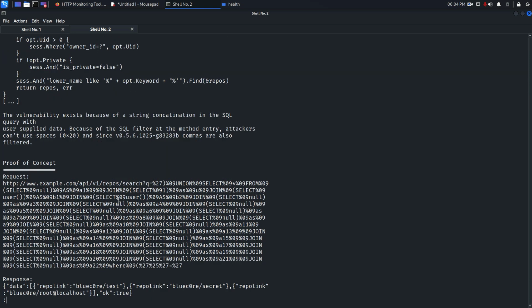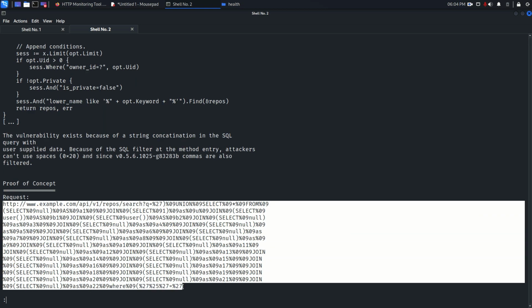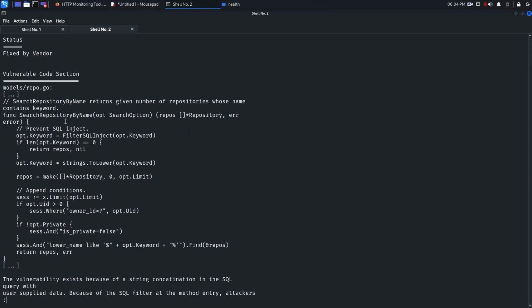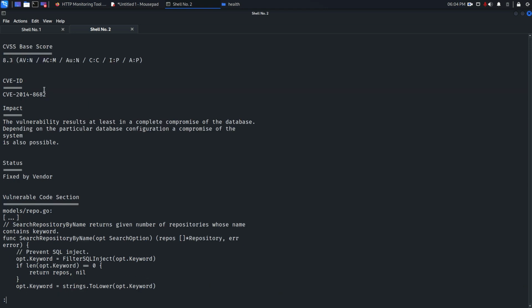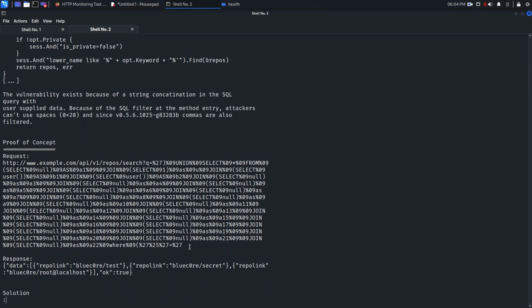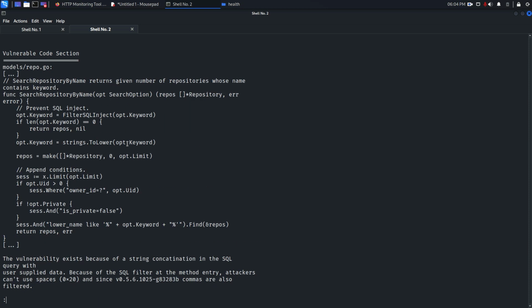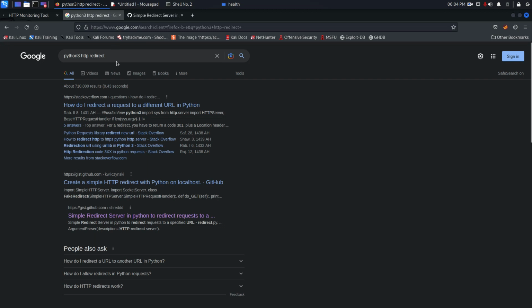Once I did that machine, I wasted a lot of time recognizing exactly the vulnerability, because the information here about the vulnerability and where that vulnerability exists is correct, but it is a little bit changed. And if you try to execute this by changing the URL to your target, this is not going to work. Why? You will see that in a minute. So for this, what I'm going to do is